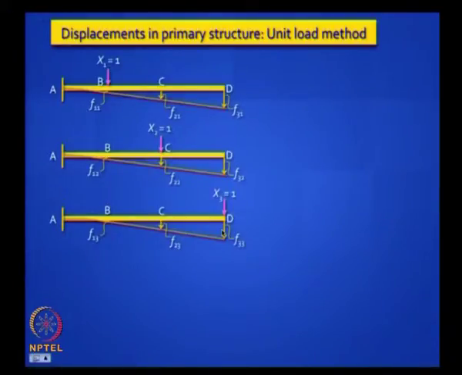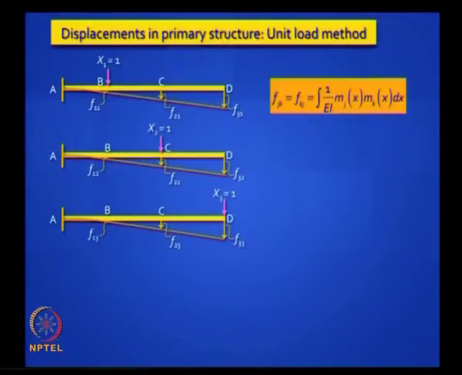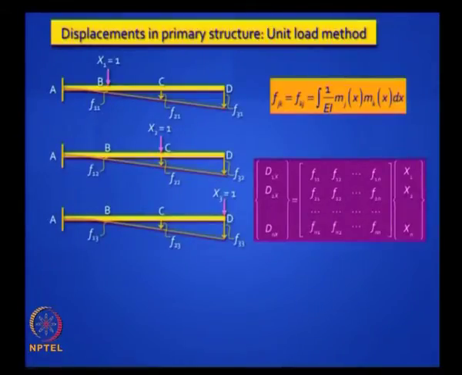So this is a physical meaning, and you will find that these flexibility coefficients are properties of the structure, they do not depend on any loading. How do you find these values? Unit load method, and you can generate a nice formula, that is integral mj mk by EI into dx, right? This is unit load method, and you can write it in this format.